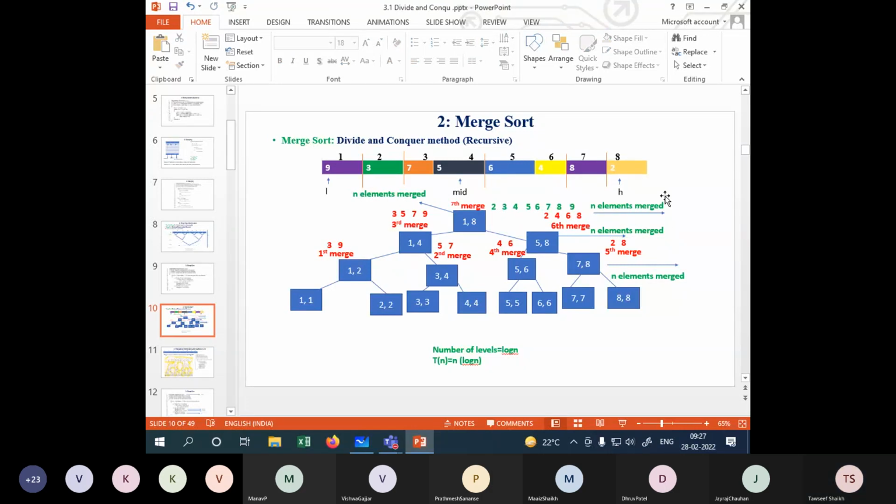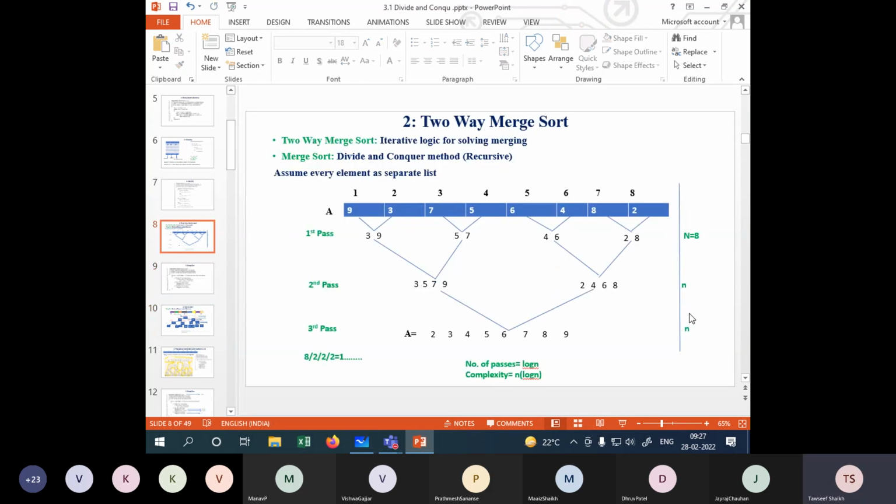To find the total number of levels we need, we had to find out the height of this tree, which we found out here. The height of this tree is found like this: initially we have n elements, and we are merging here, merging here, merging here. If we see the previous example, the first pass, the second, we are dividing by 2, and finally the height of this tree came out to be log n